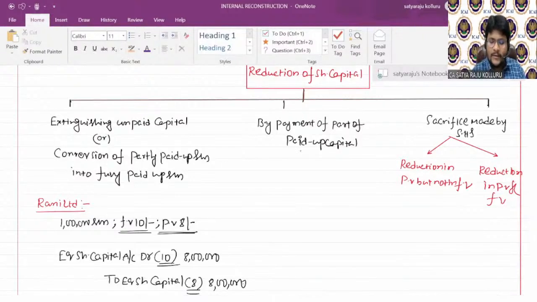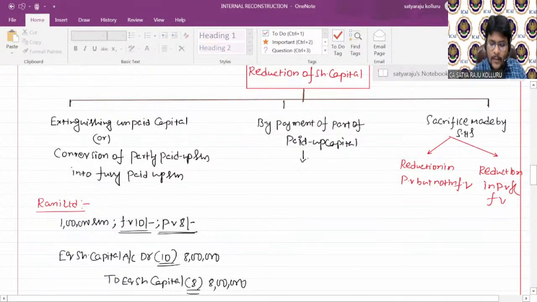Next, coming here, guys, by payment of part of the paid up capital. So let me continue the same example. Number of equity shares held: 1 lakh shares. Let us assume face value is at the rate of 10 and paid up value is also at the rate of 10. So let me take the paid up value and face value, both the same. Now, by payment of part of paid up